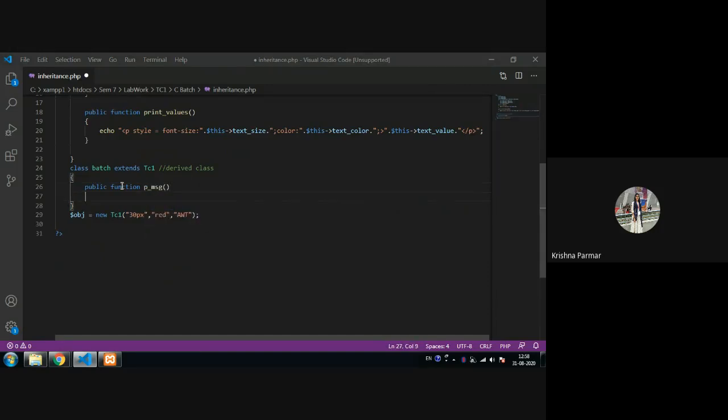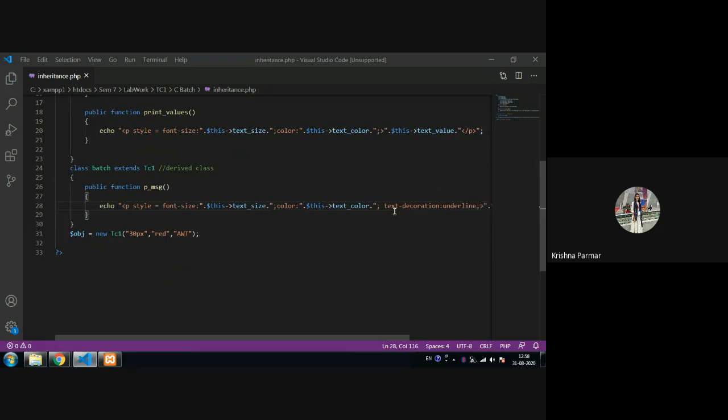Then the same thing I copy from here, but I want to add one more style. After color, I want to give the text decoration. The text decoration property gives the underline, overline, that kind of thing. So that is my own feature that is added here.